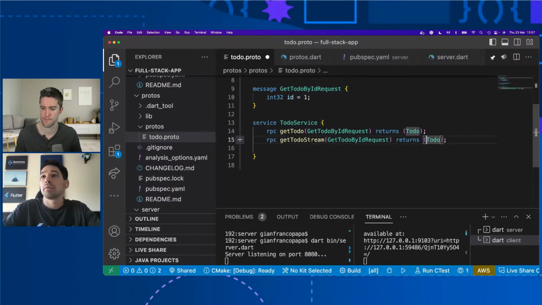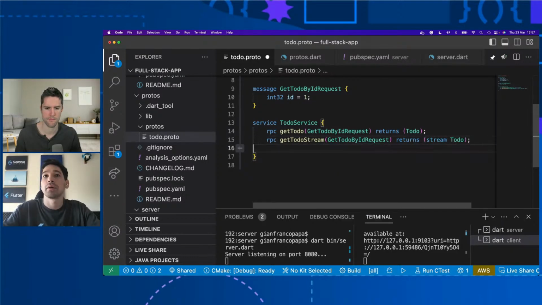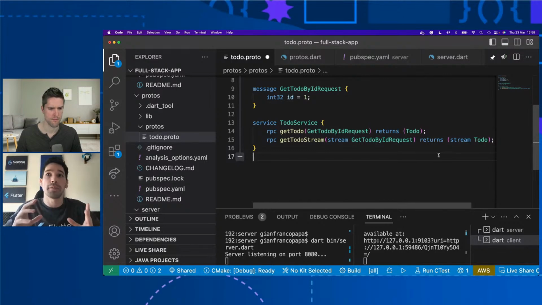So what we have to do here is provide a stream of to-dos, and that's it. That's really simple. We only need to modify using this keyword. We can actually also stream things from the client. Maybe we can find a use case for that. But we can either have a single call, streaming from the server, streaming from the client without the server, or both. That will depend on your use case, but you have this bi-directional communication that you can take advantage of.